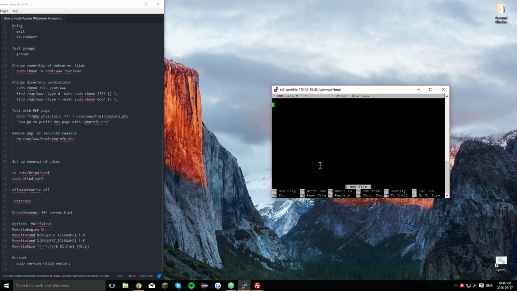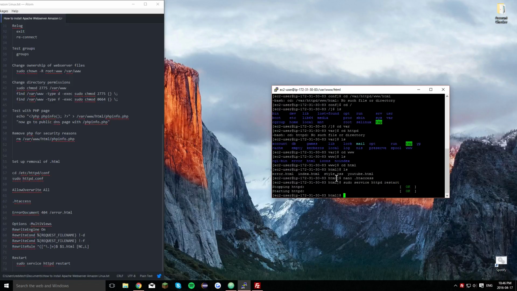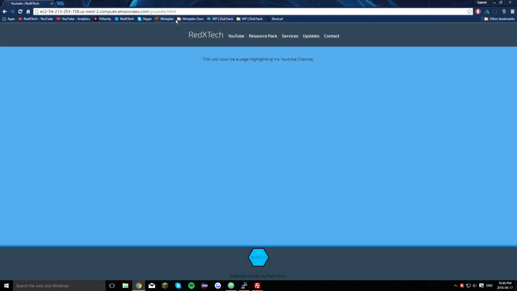What you're going to want to do is ErrorDocument 404. So this is just directing 404, which is the page not found error, to /error.html. So now I'm going to Control O to write that, and Control X. Now sudo service httpd restart to restart it. And now you'll be able to see that when I go over here to just /YouTube,